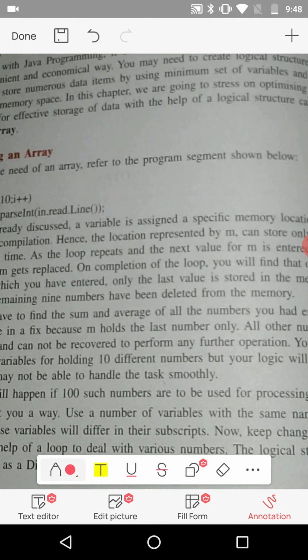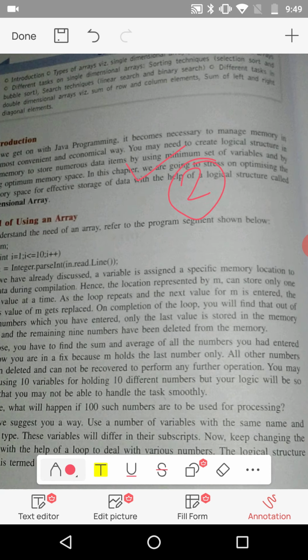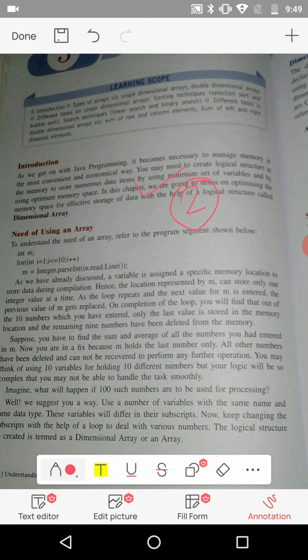Now I am going to read the answer, so for that I am zooming in. I will read this answer. If this is correct, I will give the tick mark and I will allot the number of marks here. Now if you can see that it is not visible, that means the PDF is not clear. I mean to say, if the answer that you are looking for does not fit on your screen, then you can tilt the screen this way.